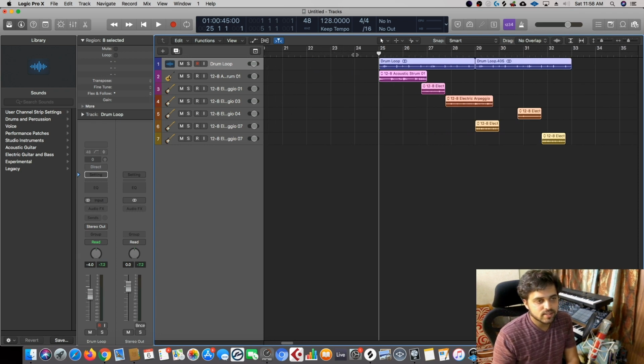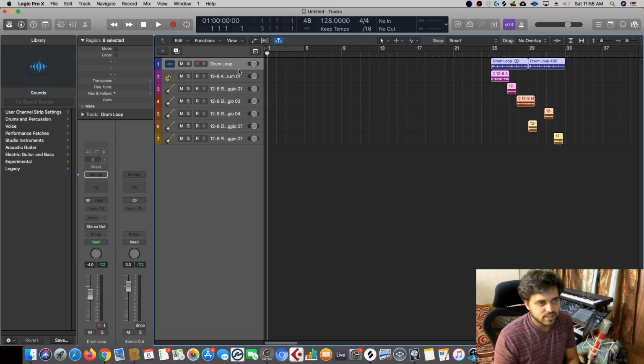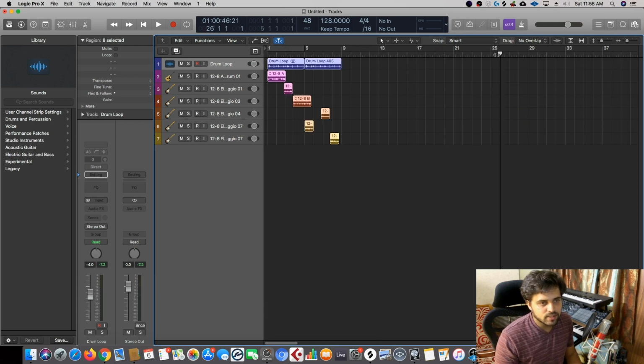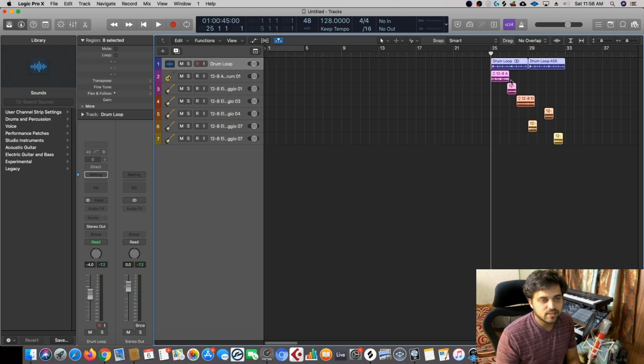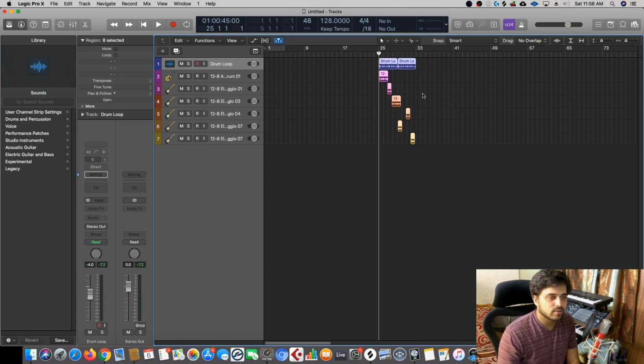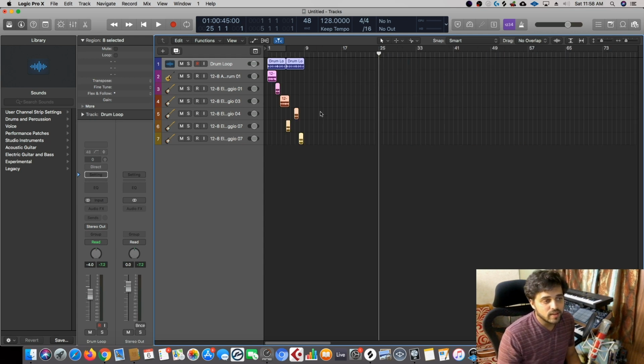Now what this does is, whichever region is first in the timeline here, that comes and snaps to bar number 25. So any region that starts at bar number 1 snaps itself to 25, and the other regions relatively place themselves. So it's extremely simple. One thing you have to make sure is that none of these regions are SMPTE locked.